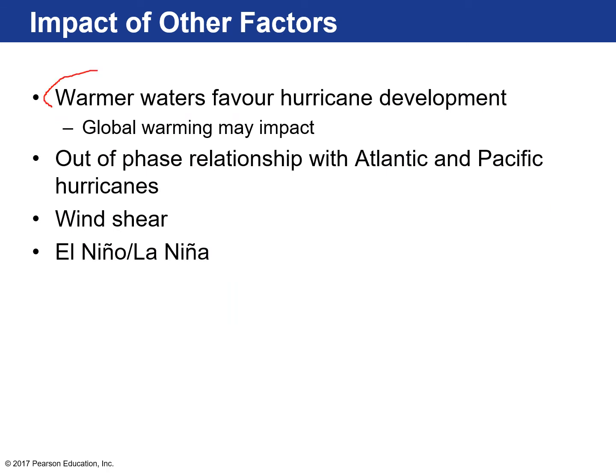Warmer waters in the ocean favor hurricane development. That's a big problem with global warming. We're putting a lot of CO2 in the atmosphere. CO2 is a greenhouse gas, and it helps trap a lot of heat in our atmosphere. So our atmosphere is getting warmer, which means our oceans are also getting warmer and absorbing more heat. And if our oceans' sea surface temperatures are higher, that's going to favor